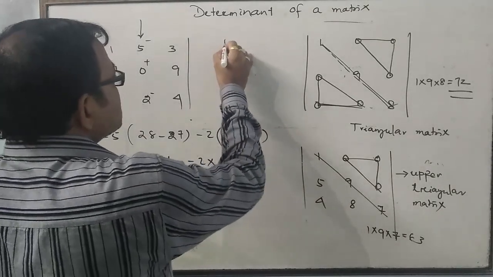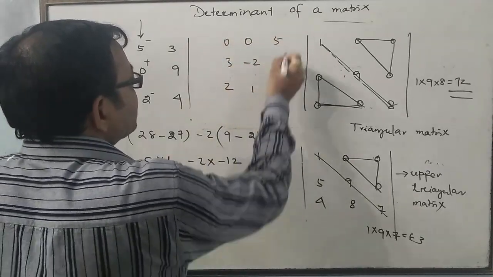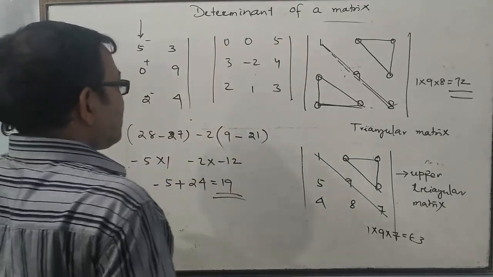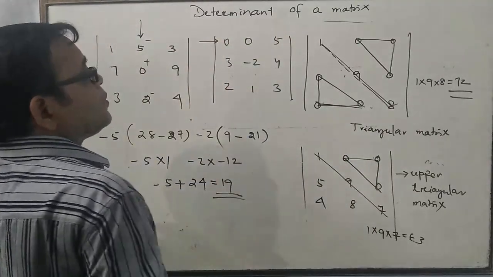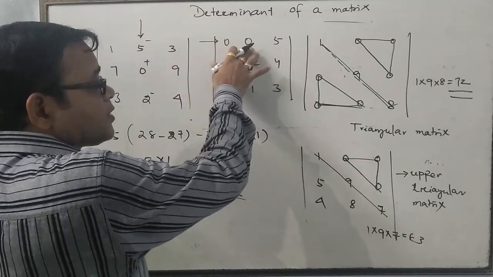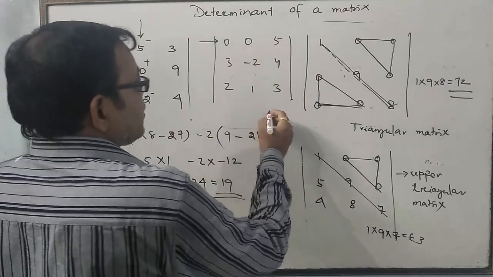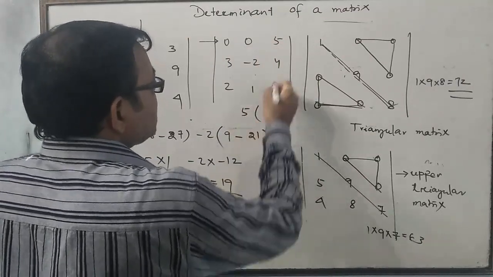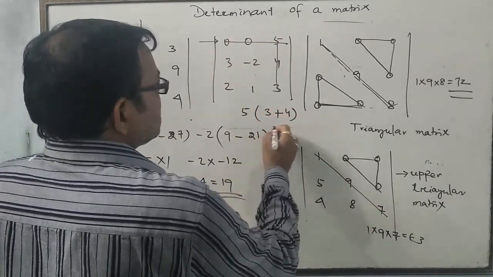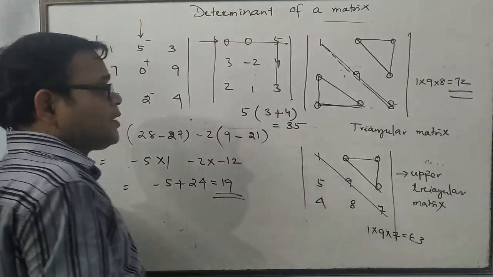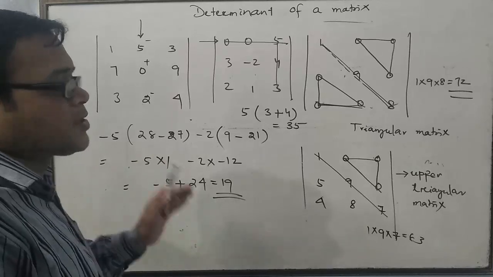If we are getting 0, 0, 5, 3, minus 2, 4 and 2, 1, 3, then what is the determinant value? Determinant value would be nothing but it is plus, minus, plus. Which one will be taken? Yes, the row will be taken because there are 2 zeros there. So the determinant can be easily found. How? Answer would be only 5 into, yes, answer is 3 minus of minus 2. Answer is 3. In this way, we can find out the determinant of a matrix. Pause the video to note down all these things.